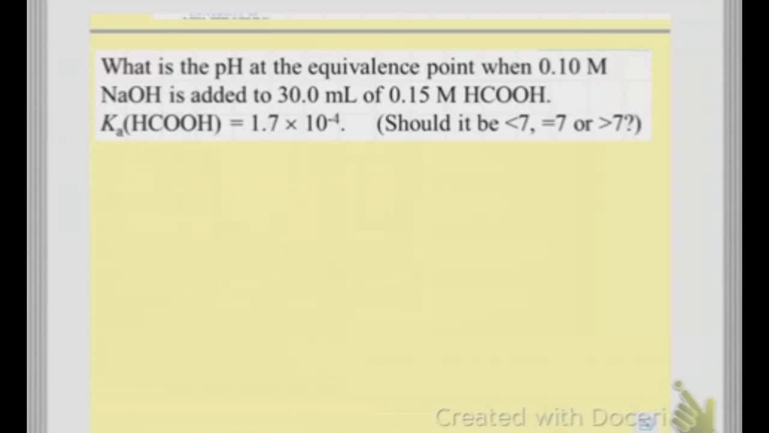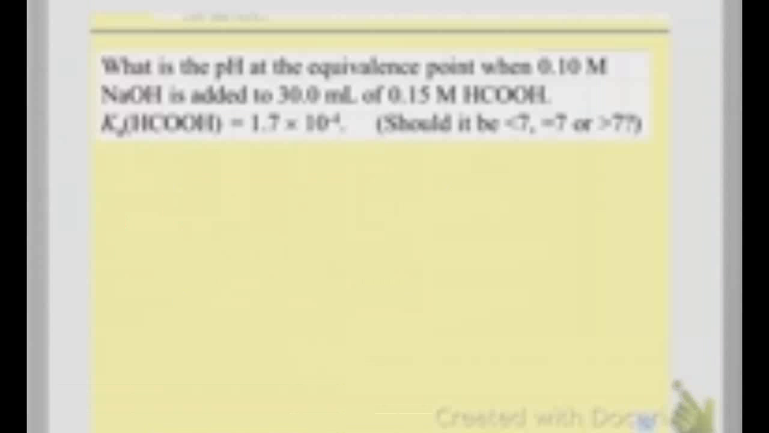Okay, now we're going to look at the most difficult part of titrations with weak acids or bases and the strong of the opposite, which is to look at what happens when we're at the equivalence point. So in this problem, we're told that we are at the equivalence point, and we have sodium hydroxide being added to formic acid. So the first thing we need to ask ourselves is, should the